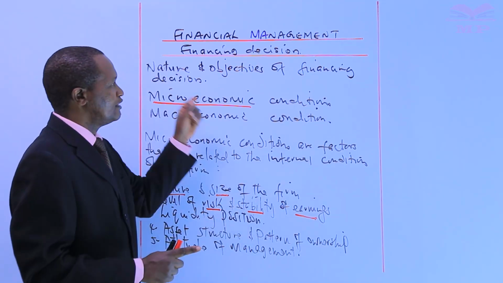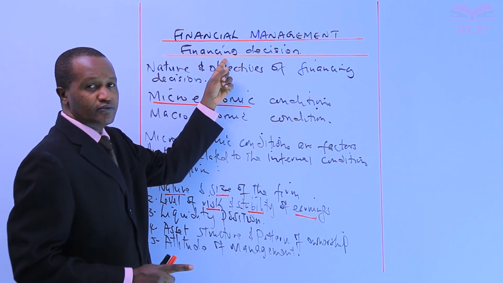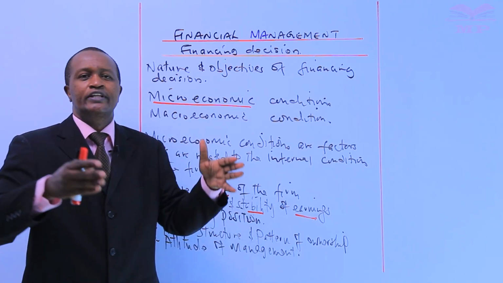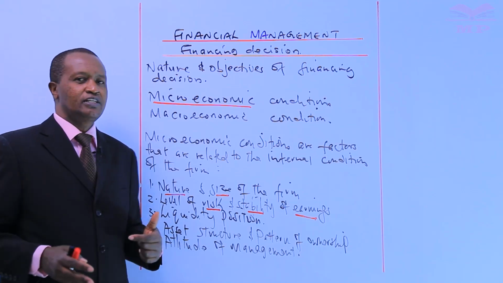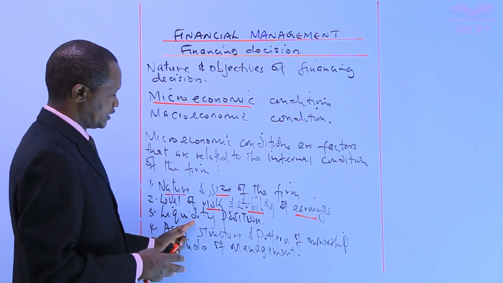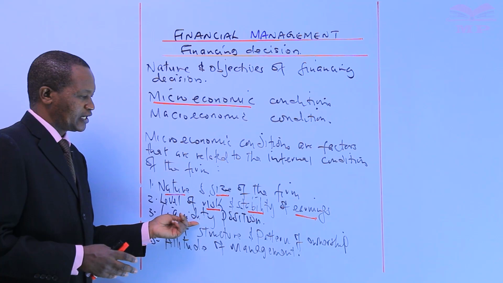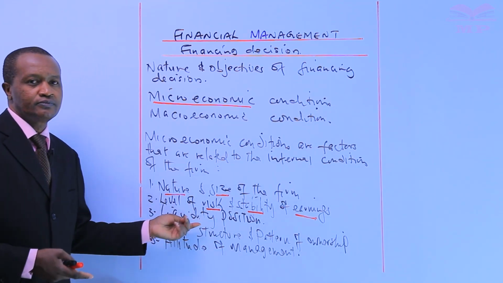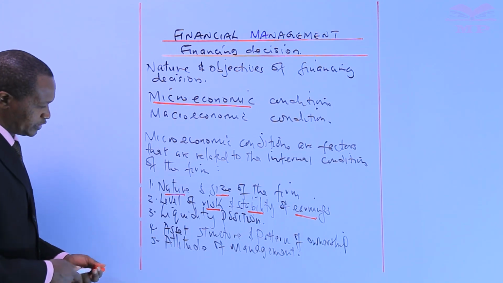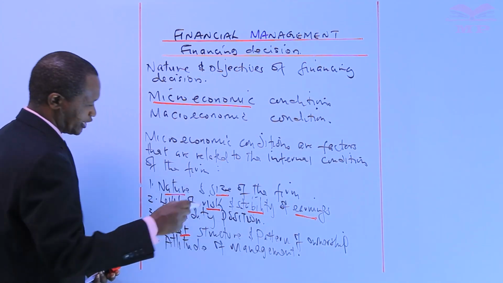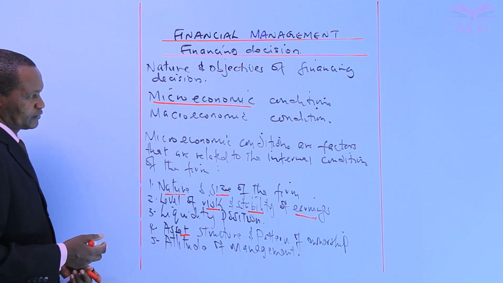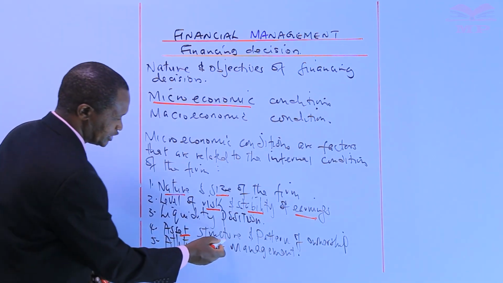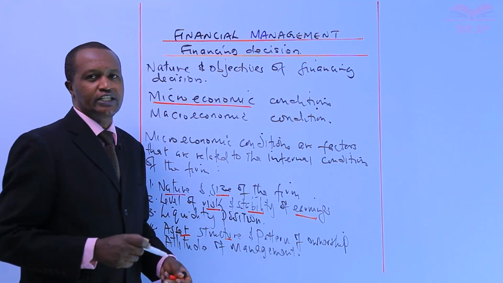Remember, we are talking about financing decisions. And this financing decision would also relate to financing of the working capital requirements. So the liquidity position of an organization can influence the financial decisions. Then moving on to the fourth internal condition, or what we are calling the microeconomic condition, is the asset structure and pattern of ownership.